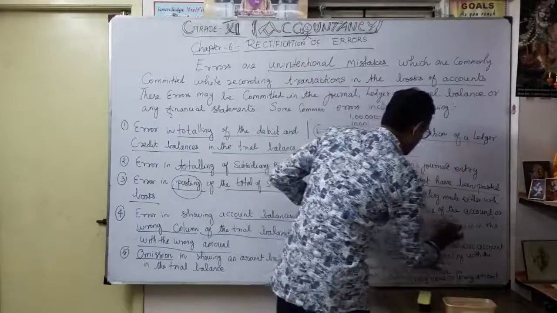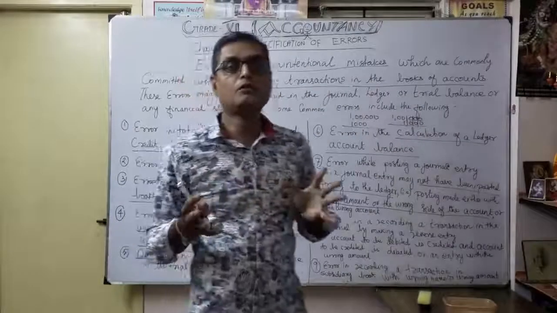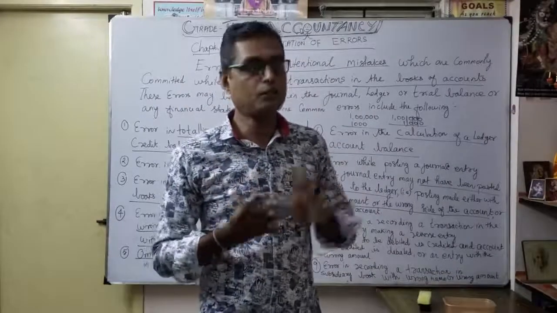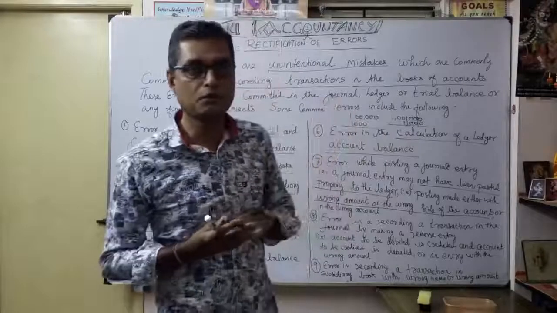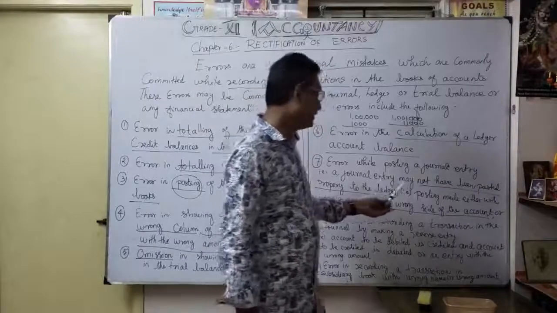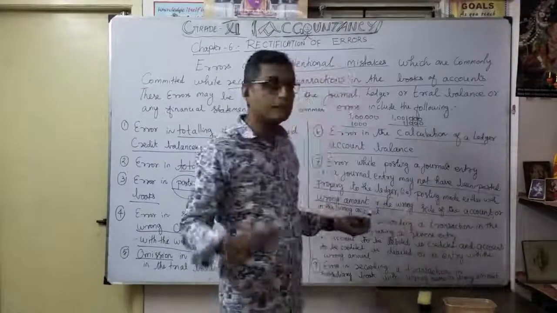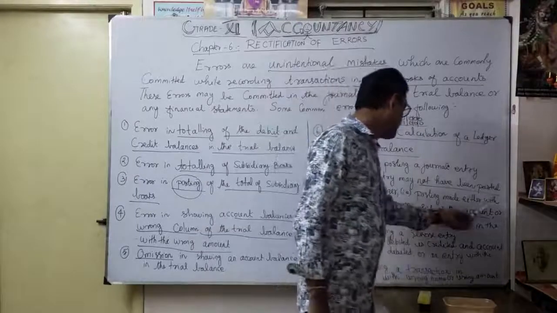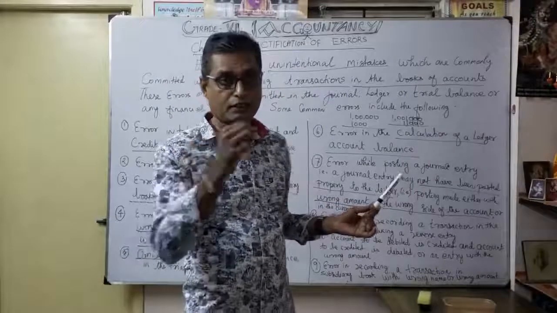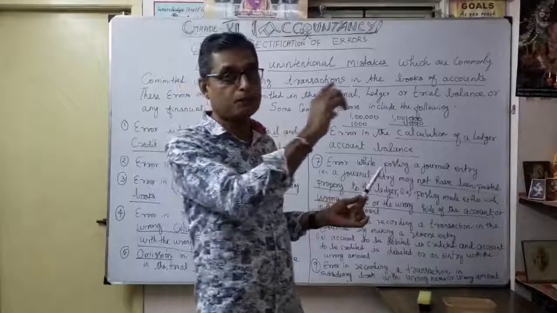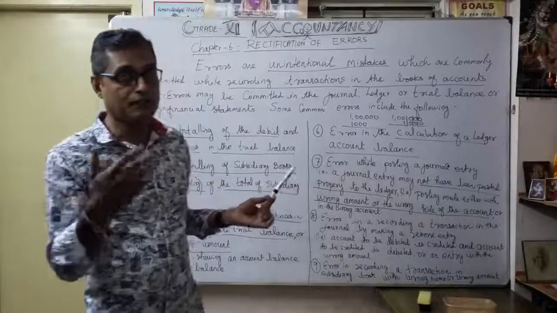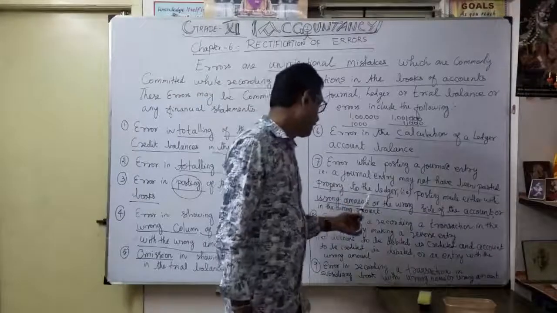Whenever you go for posting, for example, once a businessman introduces capital, what is the entry? Cash account debit to capital account. So you have to open two ledgers, one the cash account and then the capital account. When you go for the posting, that's what they're trying to say: a journal entry may not have been posted properly to the ledger. So posting is made either with a wrong amount. For example, 1 lakh, cash account debit to capital account. In the cash account, how to write? To capital account, debit side 1 lakh. So instead of 1 lakh, the amount will be wrong, even 10 lakhs, like that. Wrong amount or the wrong side of the account.